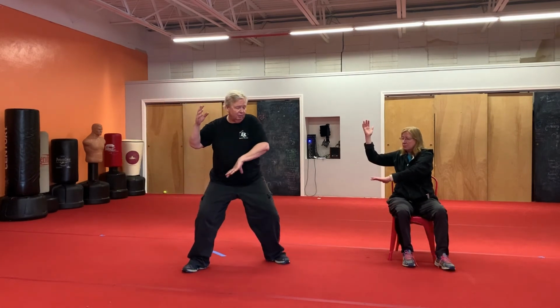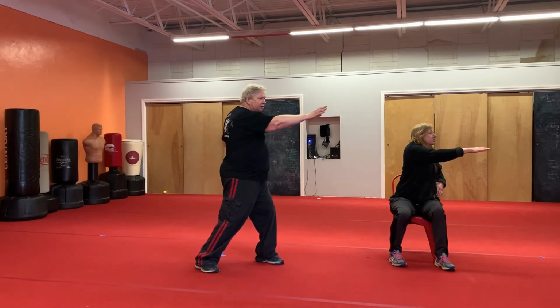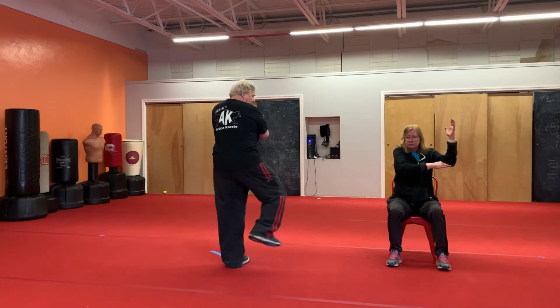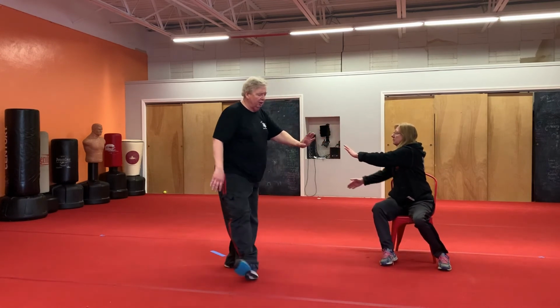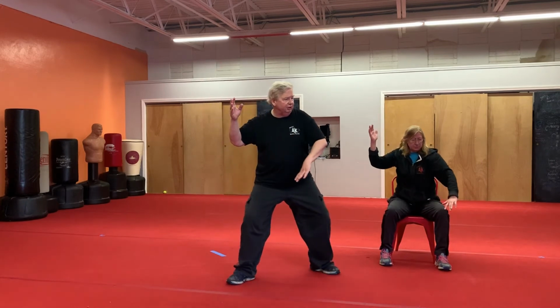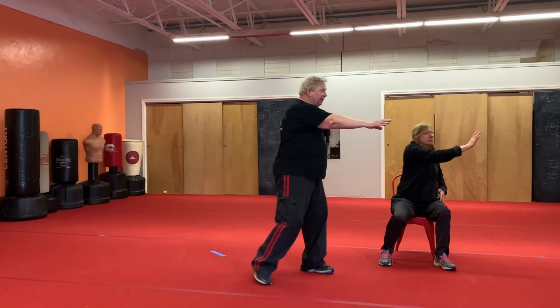Step, brush your knees, turn your back foot, push, fingers up, lean back, turn your foot, step, brush your knees, turn your foot, push, one more, turn your foot, step, brush your knees, turn your foot, feet together,